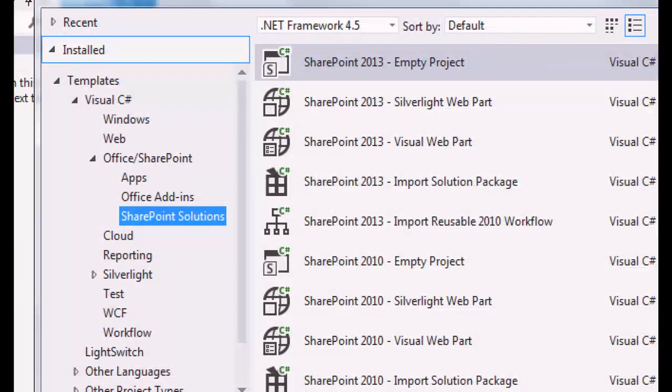Who wants to take a guess at what that is? Right, just seeing if you're not planning your weekend yet. So empty project, you can take an empty project and add a bunch of stuff to it, okay? I'll show you that in just a sec. More importantly, though, we have these things called apps.